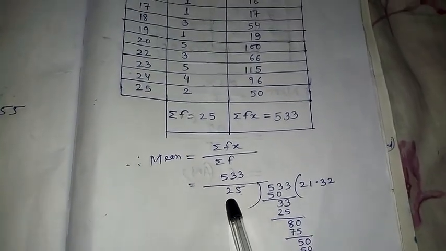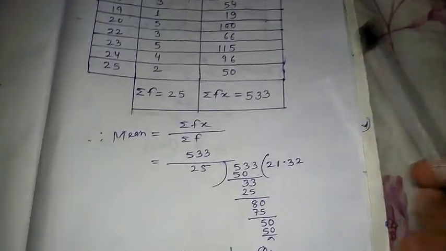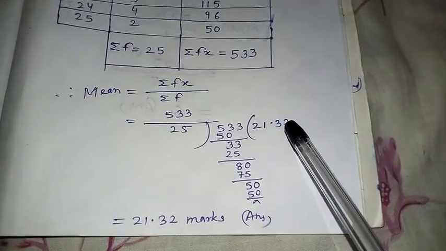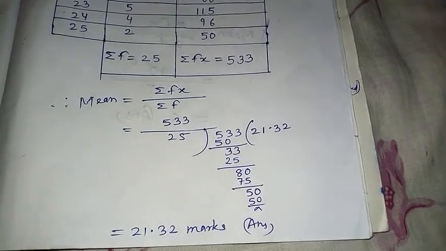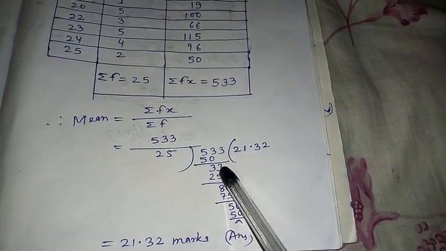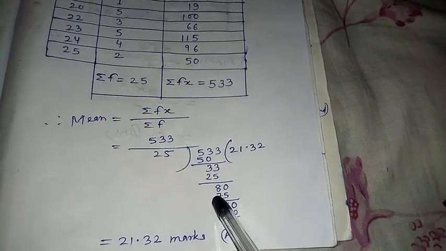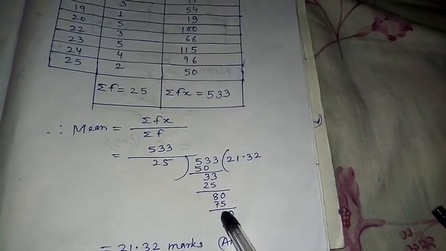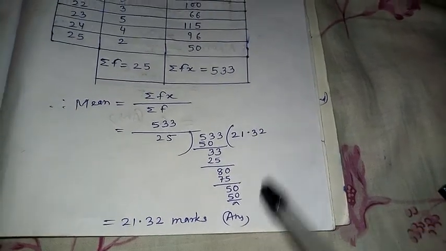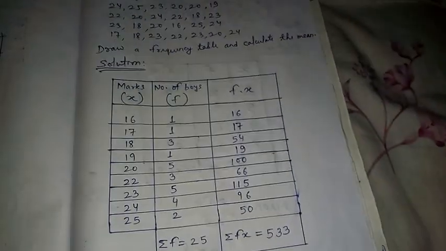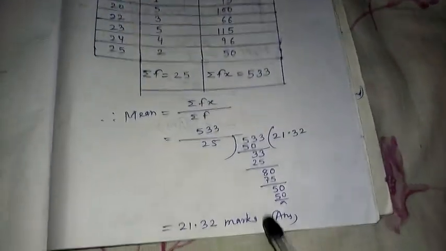So again I am doing this in decimal because it is marks. Even you can do it in fraction also, because in the question it is marks. Marks can be in either decimal or fraction, no problem, but I did it in decimal. So here 25 2s are 50, 3 comes, again 3 comes here, 25 1s are 25, here 8 comes, for the decimal if I put I get 0, 25 3s are 75, 5 comes here, a 0 free for decimal, 25 2s are 50, 21.32 marks, because we are finding the mean of marks, so the answer will be in marks.